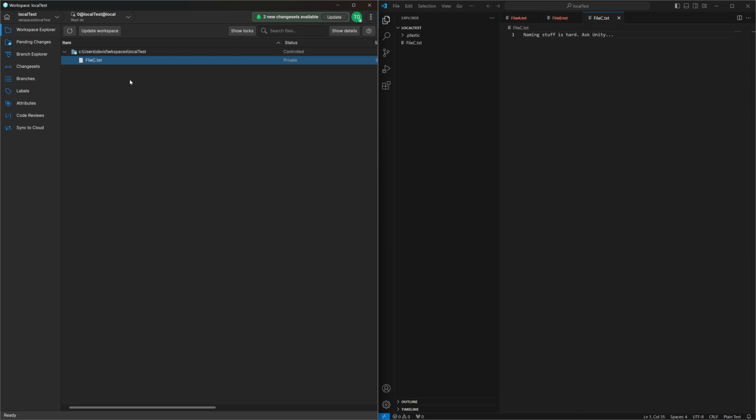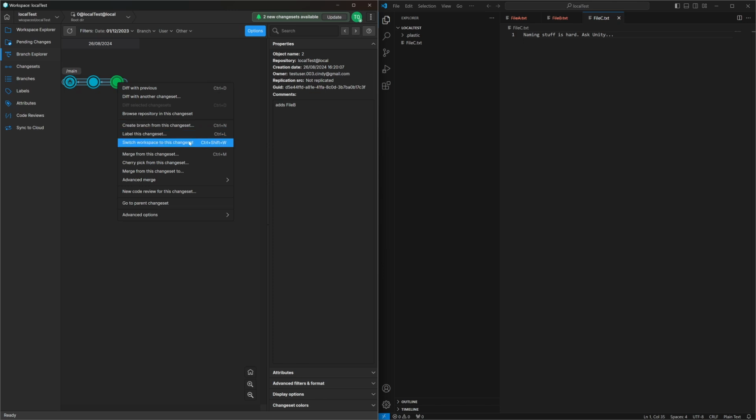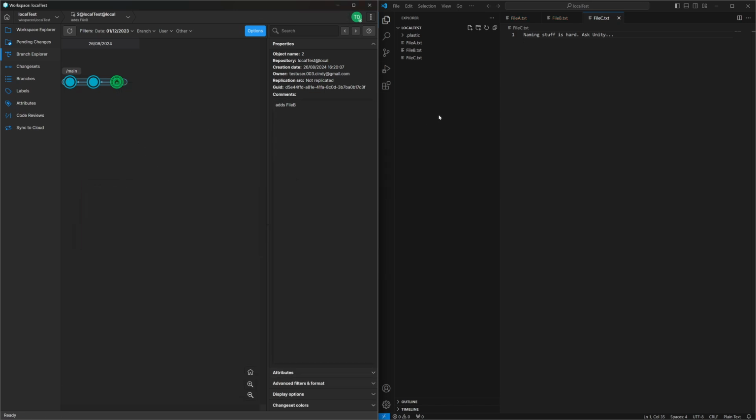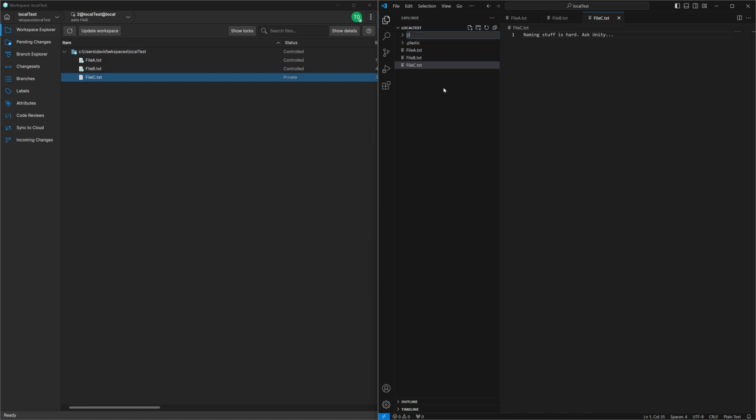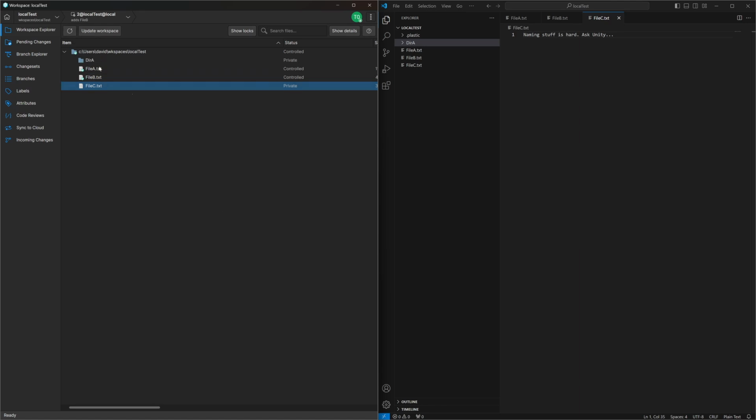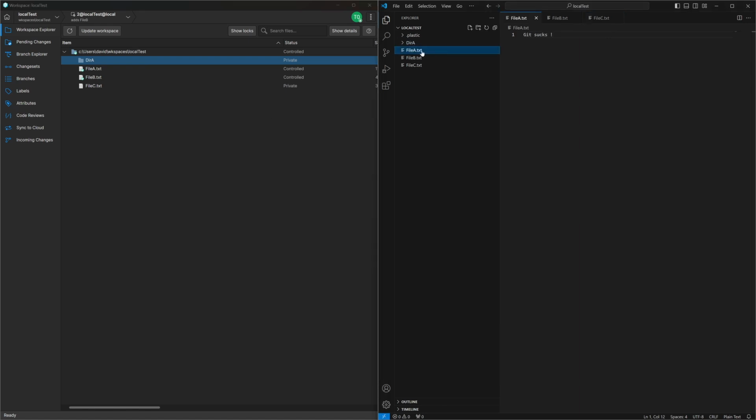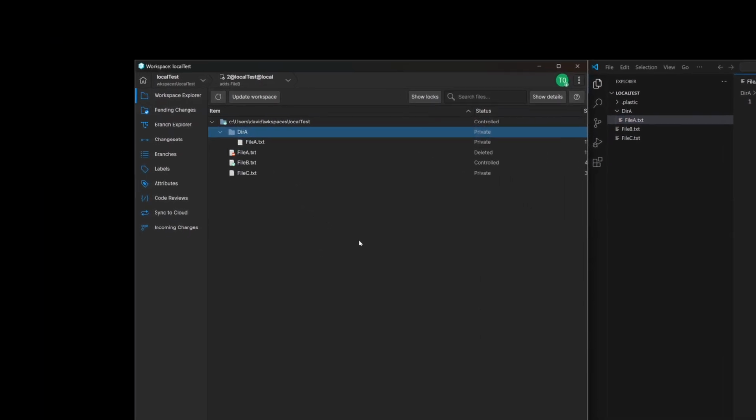This also means that if you let someone else check out your repository, they won't have access to any of your private files. Outside of your computer, file C does not exist. When we go back to the last changeset, obviously all three files are present again. It gets slightly more complex once we start working with directories. When I add a directory, the same thing happens and it gets the private status just like a file. But look what happens when I add a file to the directory which is already under version control. Both the moved file and the directory are private again,